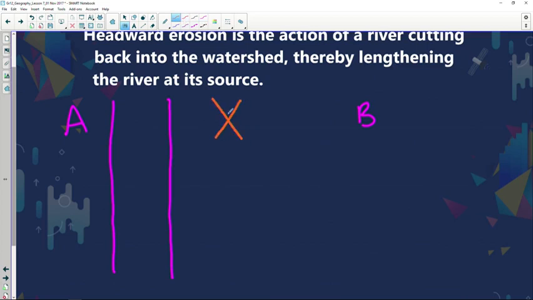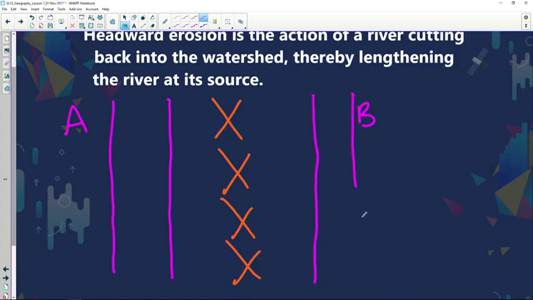Now, in the previous slide, we looked at a watershed. A watershed separates one drainage basin from another. So we've got river A flowing there with much more water than river B. Let's make this a small stream, as you can see, it is not as wide as this. So basically what happened, and this is very important, is that this river's got much more energy because it's got a greater volume of water. And what it starts to do is erode